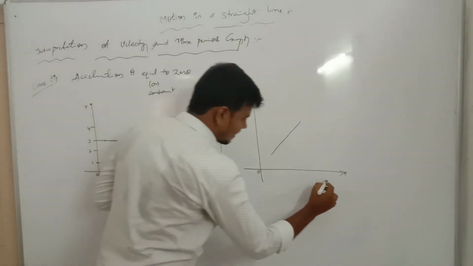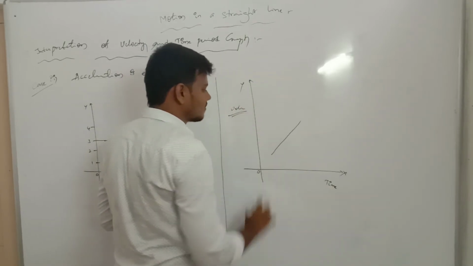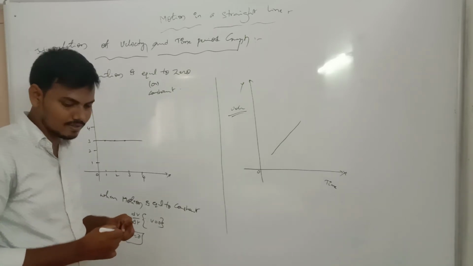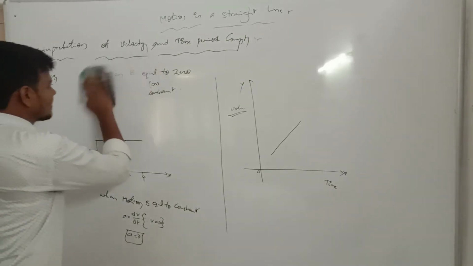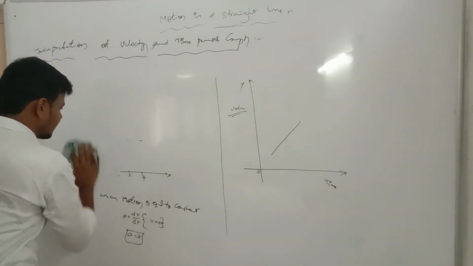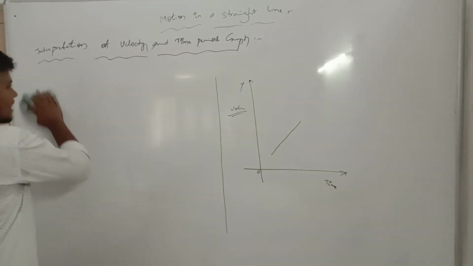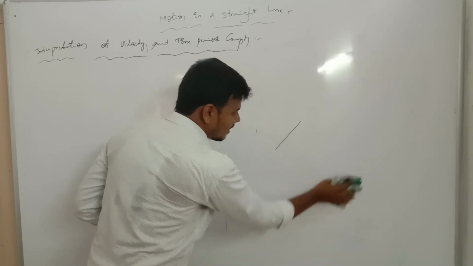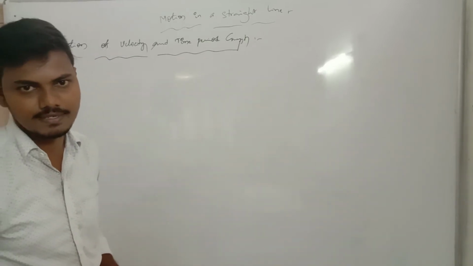Okay, this is the time period of the graph. This one is the velocity graph also. Clear? This is the second case. Now the third case is applicable: retardation of acceleration. Previously I explained: when velocity increases, it is acceleration; when velocity decreases, it is retardation or deceleration. That was in our last class.